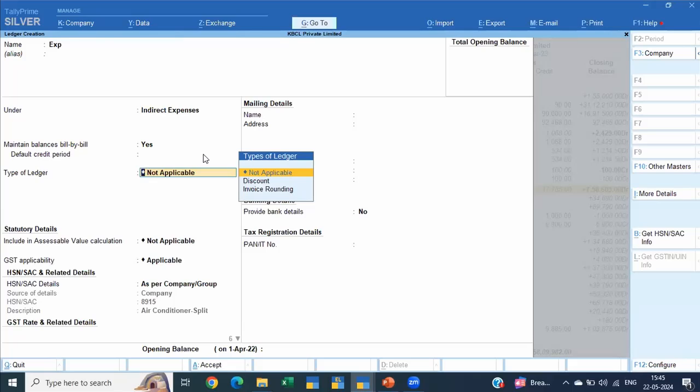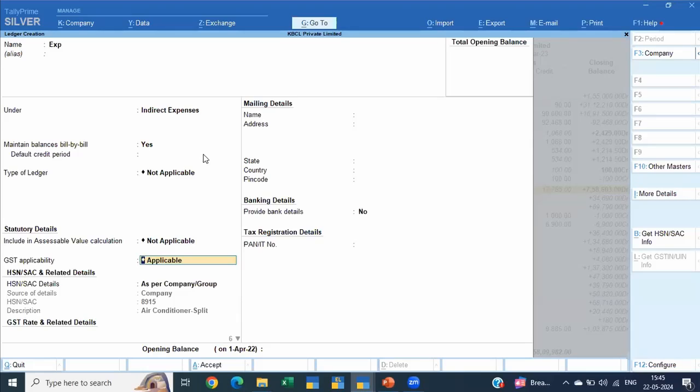You can set your HSN information and your GST applicability at the group level itself. Now, as I mentioned, printing and stationery. Your client is pretty firm on saying, no, I want my rate-wise ledgers made. If that is the case, then you can create your applicability here, put your HSN information here, and your rate-wise information flows into the ledger. That can be one thing that you can think of.